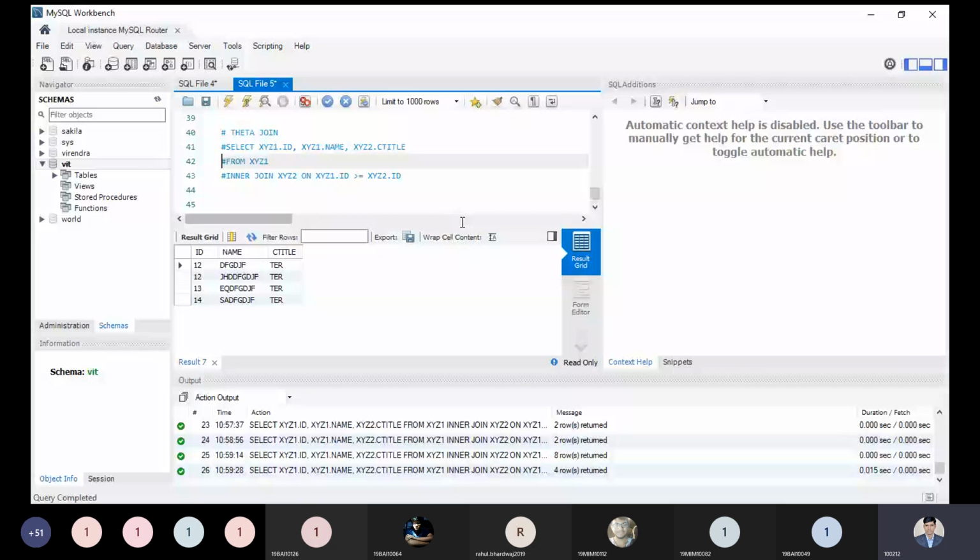Syntax I can write over here. The syntax I am writing. Just keep the syntax in mind; the syntax will help you to understand. Now select column names. But if you select a column name which belongs to both tables, then how can you differentiate? So it is a better idea to use